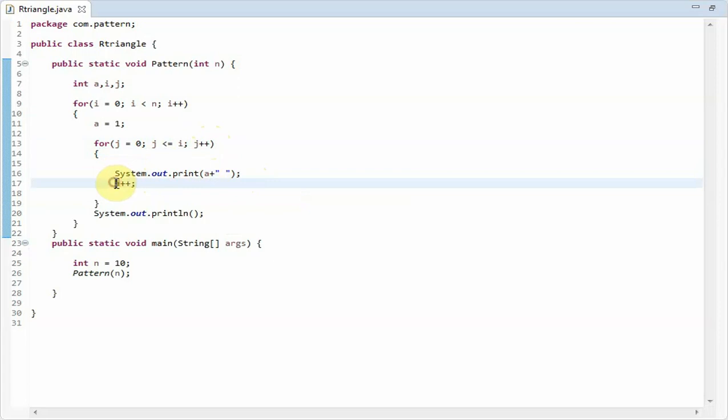And here I am incrementing the value of a, so that for every line the value of a gets incremented, so that we get 1 in the first row, 1 2 in the second and 1 2 3 in the third line. And here System.out.println is used for going to the next line. So let's see its execution part.